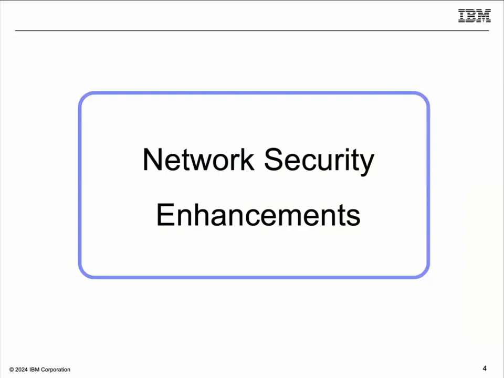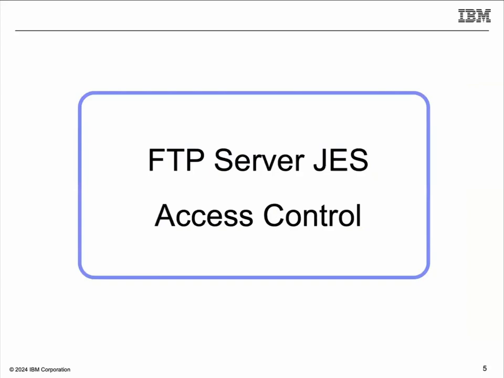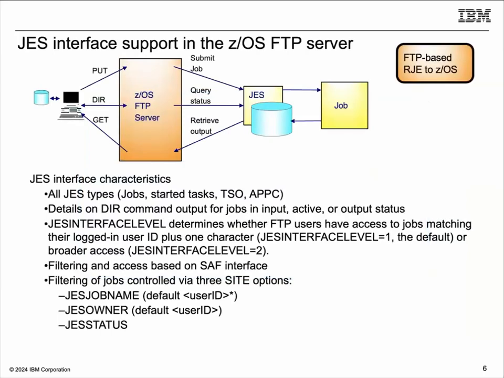The first area we're going to discuss is enhancements in the area of network security, and there's several here to talk about. The first one is called FTP Server JES Access Control. So the zOS FTP Server has had for many, many years a rather unique capability to allow for FTP-based remote job entry to zOS. So if you put our server into this JES mode, as we call it,